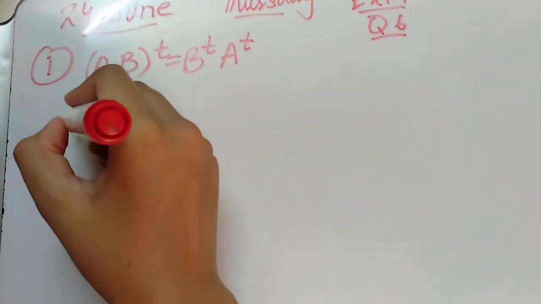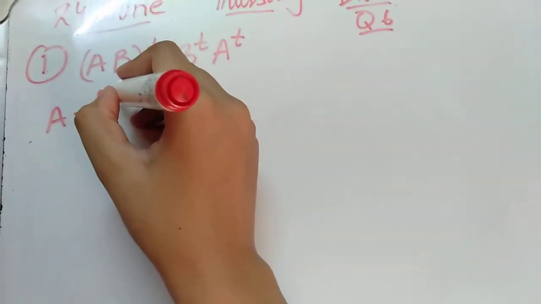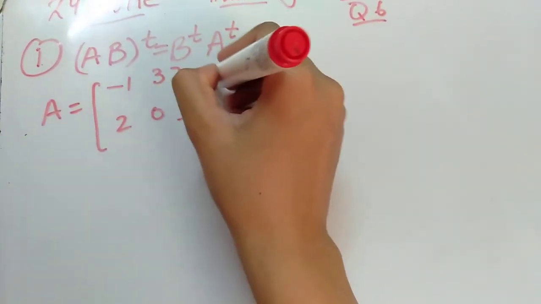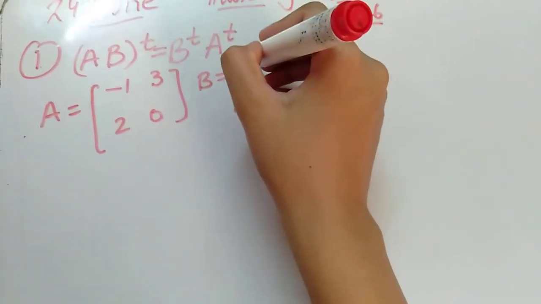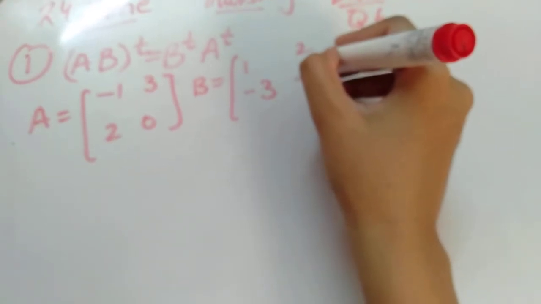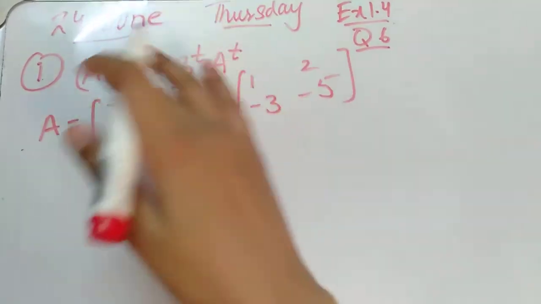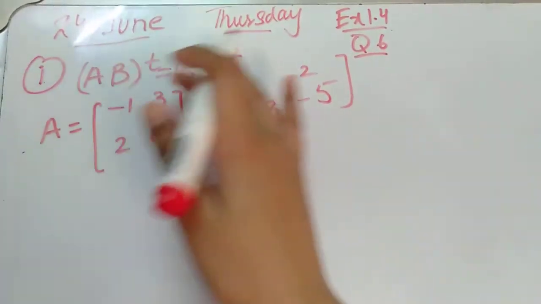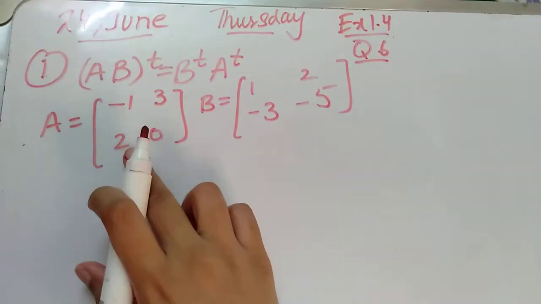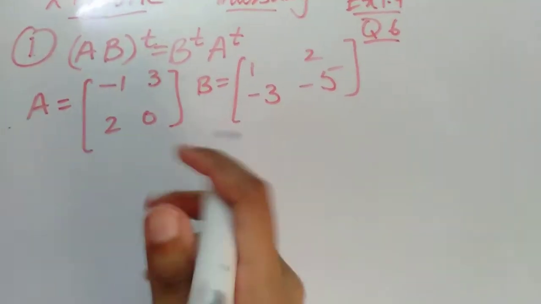The matrices A and B are given in the question. A is -1, 2. You have to write the matrices very carefully, because if you write the matrix wrongly, then you will not be able to find the answer correctly. That will be fine, because we just have to make both sides equal, but you have to see the question correctly from the book, because if the question is wrong, then the answer will be wrong.